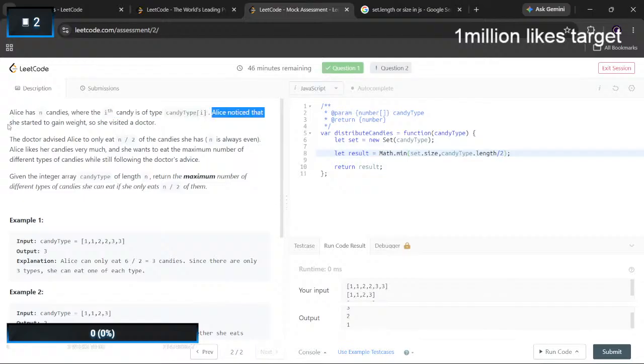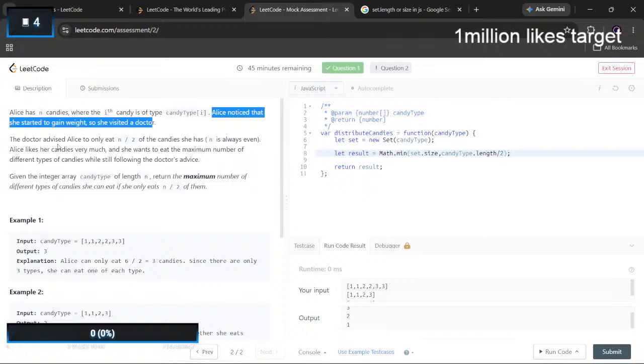Alice noted that she started to gain weight, so she visited a doctor. Doctor advised Alice to not eat, but she started eating more. The number of candies she has is always even. Alice likes her candies very much. Then why are you visiting the doctor? Just eat.